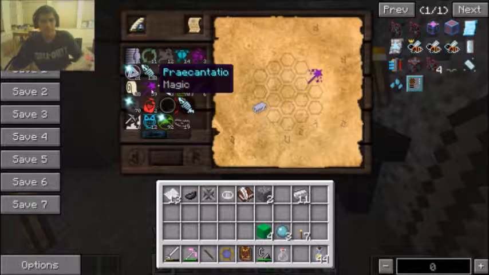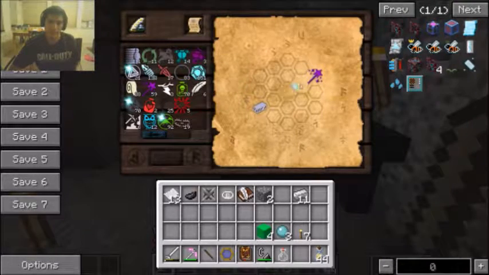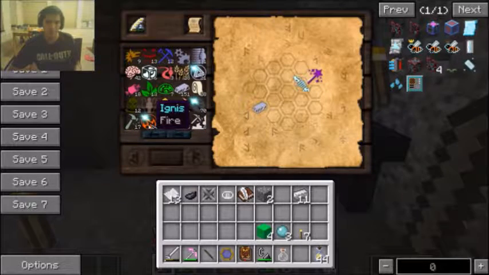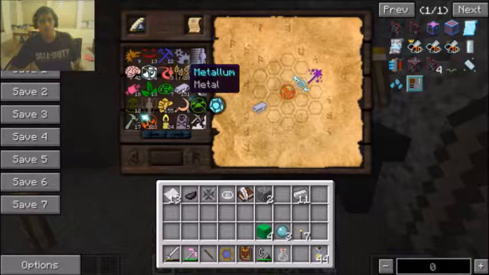Precontatio is made up of void and potentia. Well, I have a lot of potentia, so let's throw that in. Bam! So now it's connected. Now potentia is connected to ordo and fire. I don't have a lot of ordo, but I got a lot of fire, so I'll throw that down. This guy is related to...